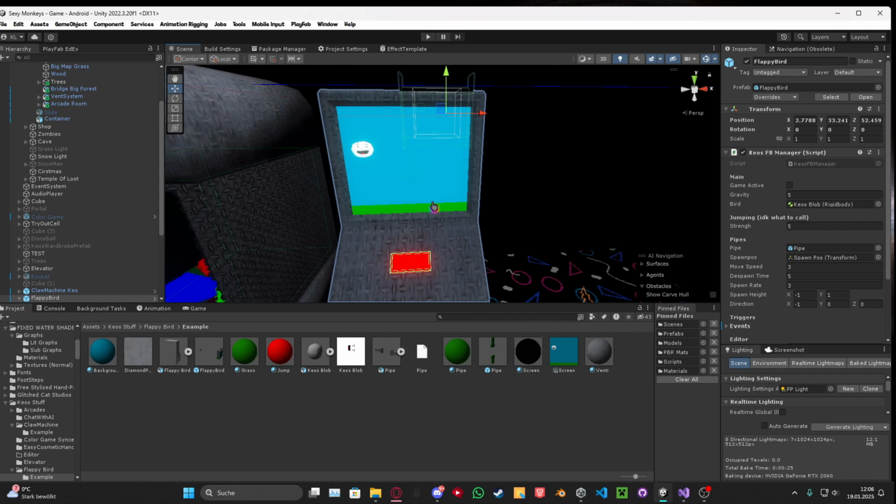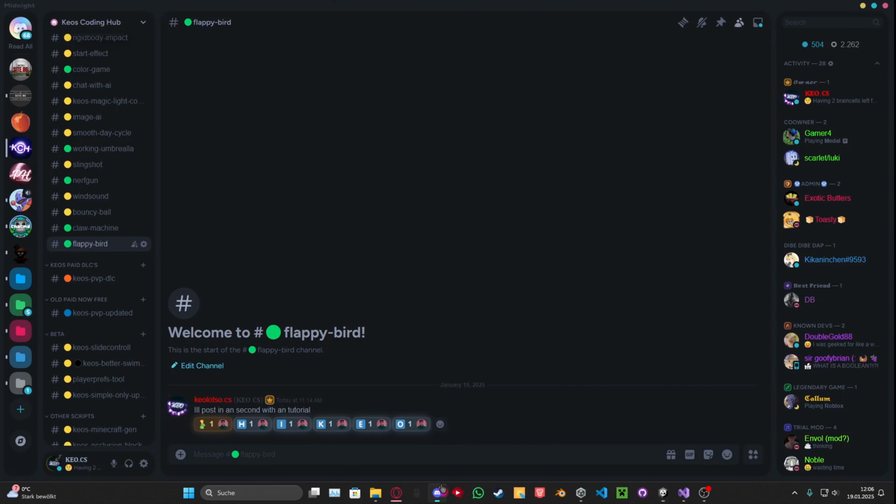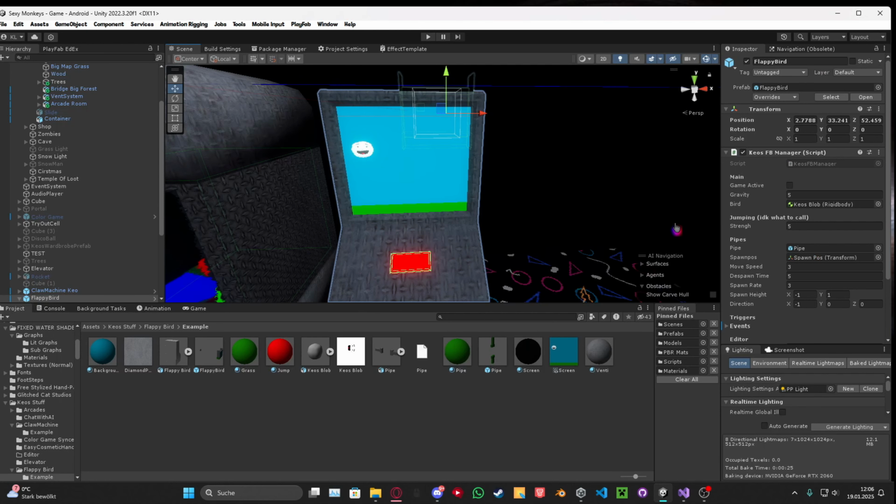So first of all, you want to join my Discord server. Link for that is in the description. It's right here. You want to scroll all the way down to Flappy Bird and find the Unity package in there. Always take the latest one, so always the one at the bottom, and import this to